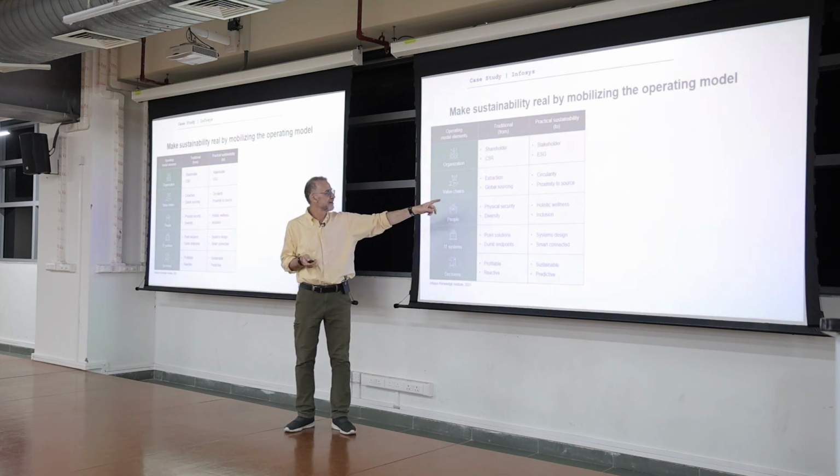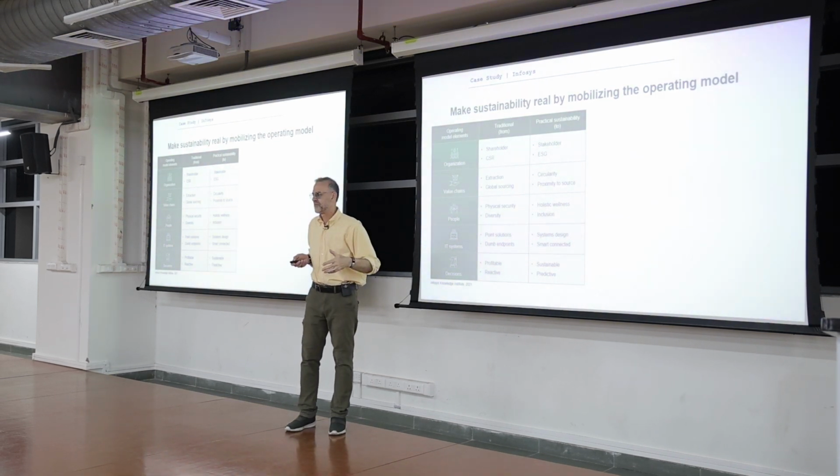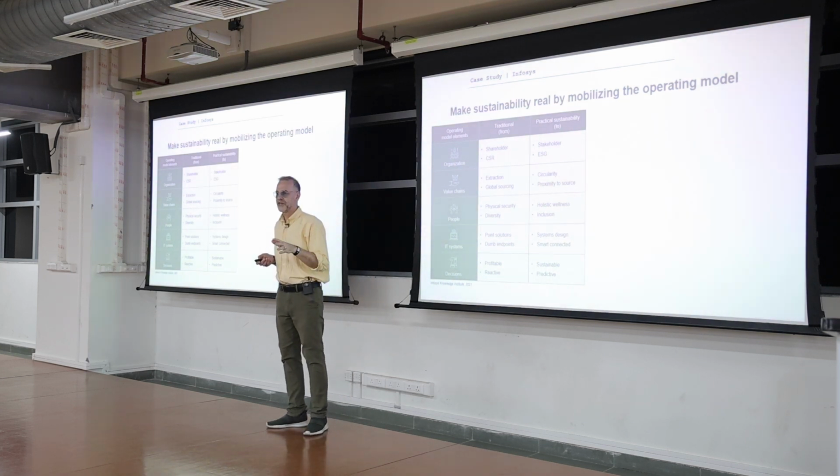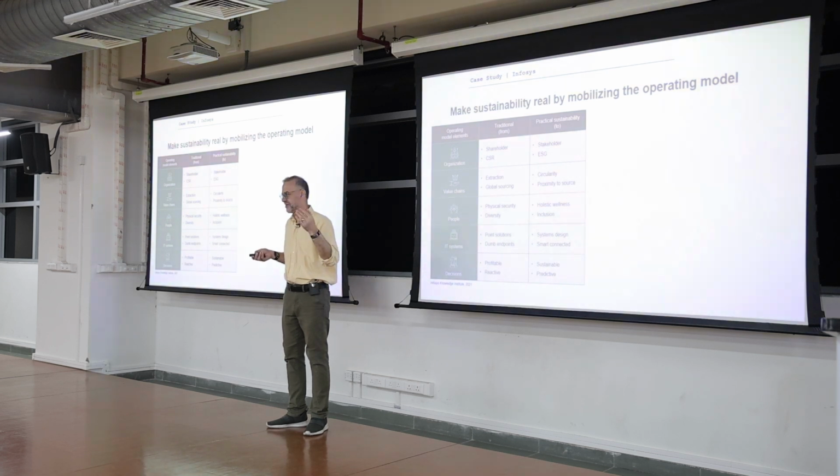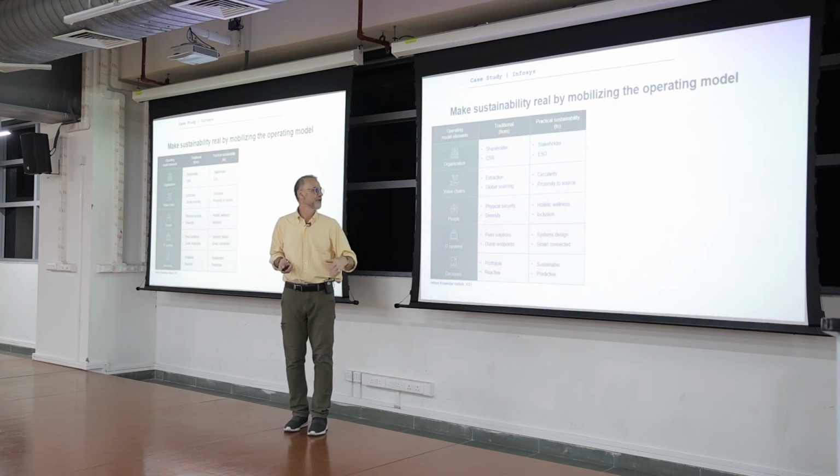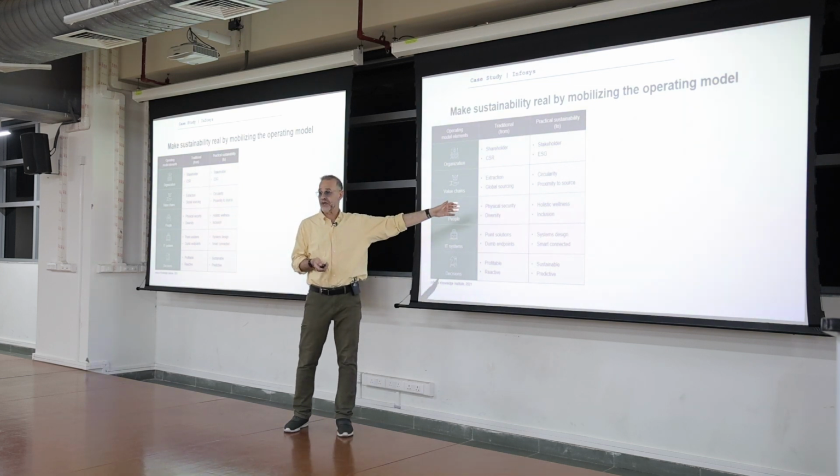If it's a value chain, it's extraction, and it's global sourcing. So do you use the term LCA at all? Life cycle management, so you understand that, right? You take something out of the ground, you transport it, you manufacture it, you use it, then you dispose of it, and maybe it goes away, maybe you recycle it. So understanding what this means and how you get it globally sourced.